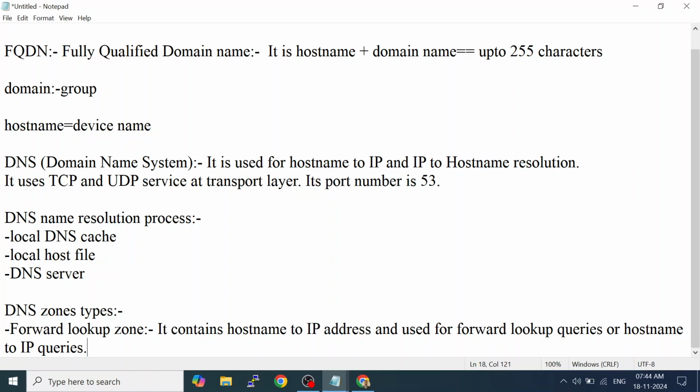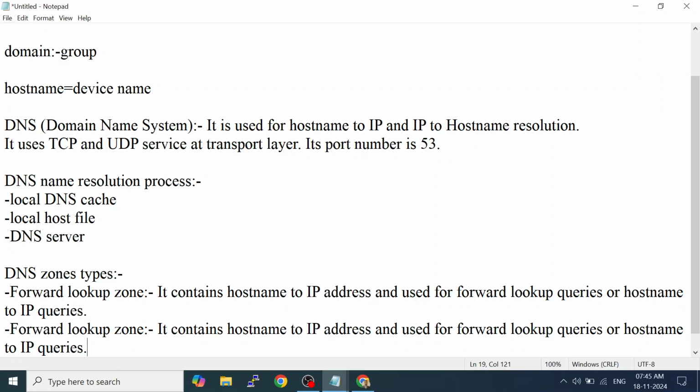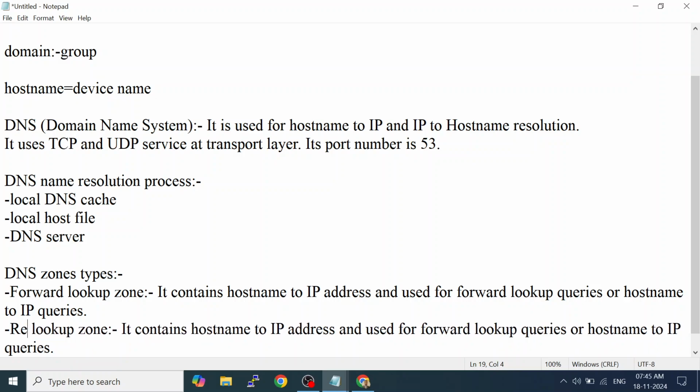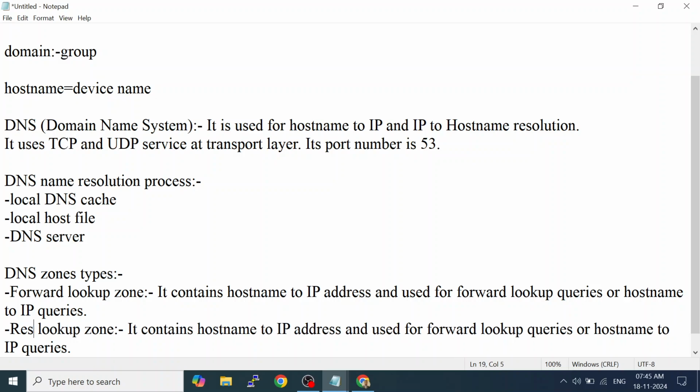So if anyone is searching for the IP address of a host name, and the database is arranged alphabetically, it is much easier to search. That's why there are two separate zones: forward lookup zone and reverse lookup zone. So if someone queries for host name to IP, the answer will be given from the forward zone, and otherwise from the reverse.